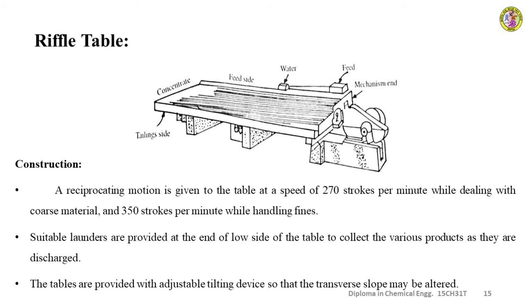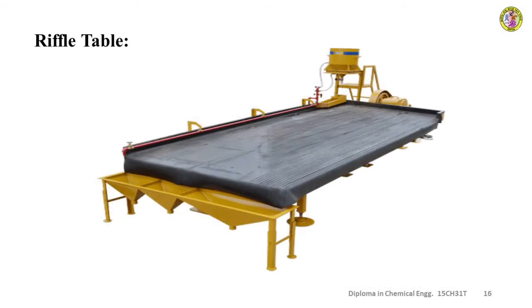Suitable launders, meaning the collecting channels, are provided at the end of the lower side of the table to collect the various products as they are discharged. The tables are provided with a tilting device so that the transfer slope may be altered. That is, the inclination of the table can be altered by providing the adjustable tilting device attached to the table. So that is how we can separate out the minerals based upon different specific gravities